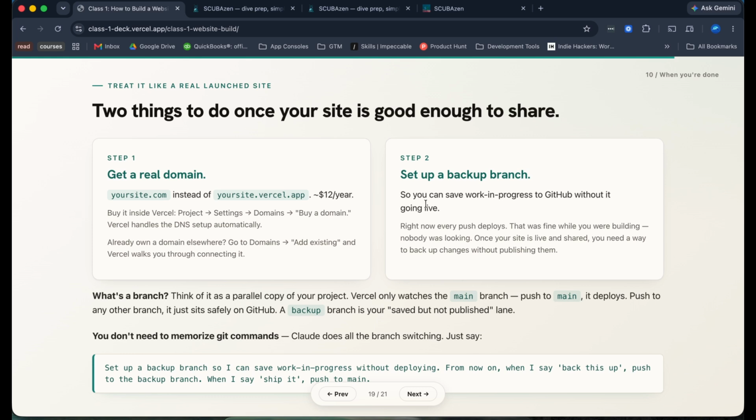So what you can do is tell Claude to set up a backup branch, call it work in progress or whatever. That way, when you're trying to get a backup, but it's still work in progress, GitHub can still hold it, but it won't be launched on Vercel. So a branch is basically just a copy of your site that you're actively working on.